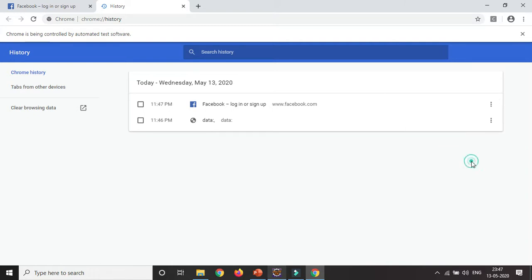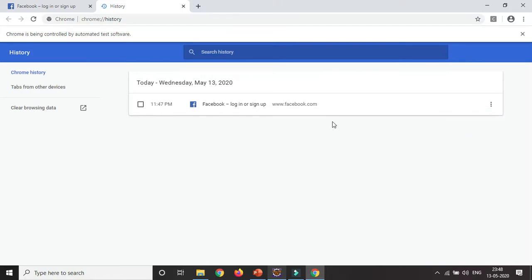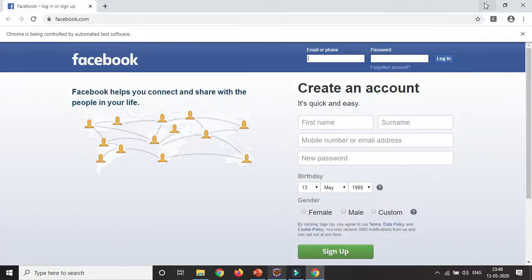Suppose you want to remove the data I've already stored by default. You can see the timing is also coming, because the data is only from launching the browser. That is the reason it comes with the details, time and also the date. So if you want to clear all the browser data, you can click here. Suppose I remove it from the history, so it will not be visible anymore. But I want to automate everything.